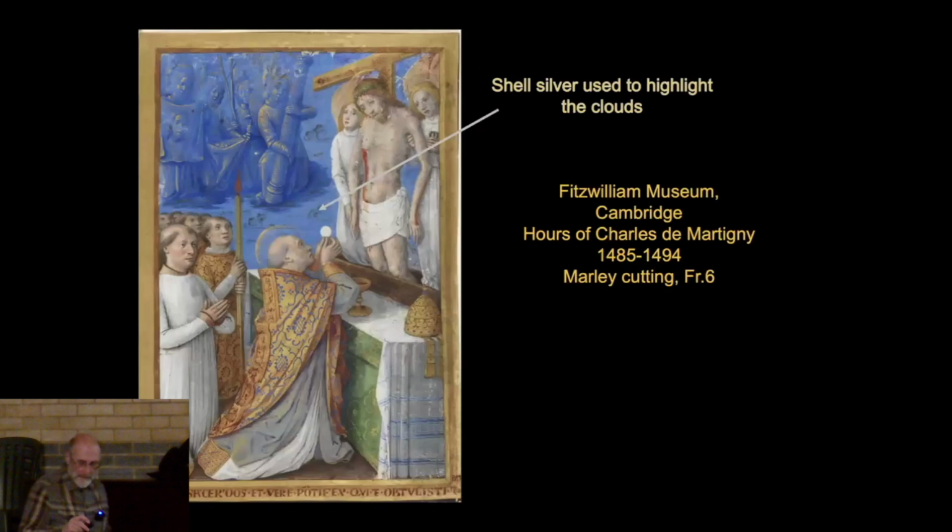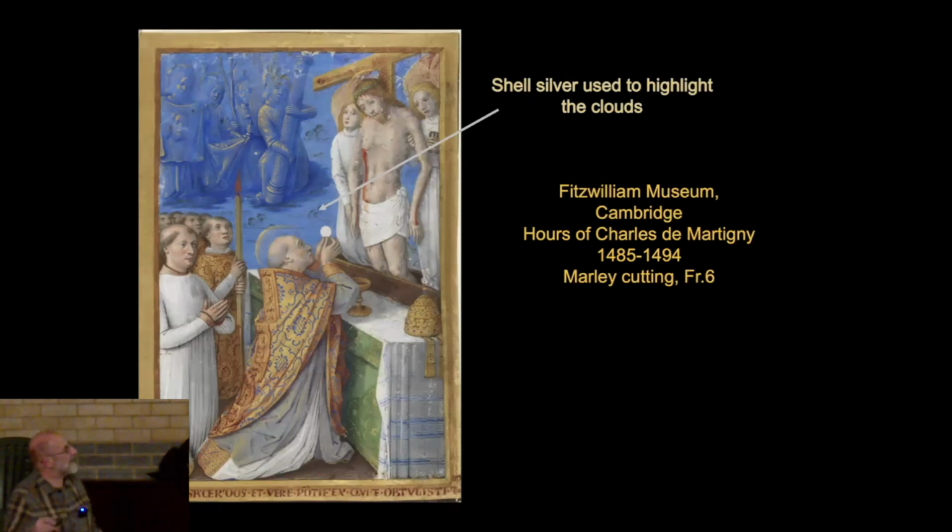And they were sometimes called shell gold and shell silver because they were mixed up in scallop shells, and this finely ground